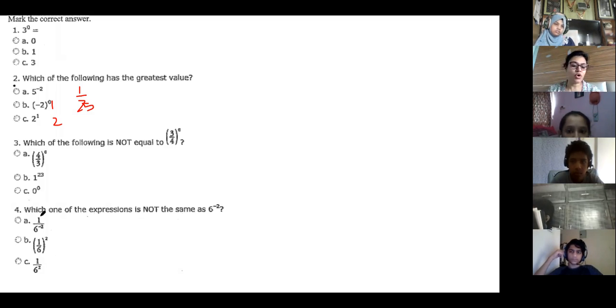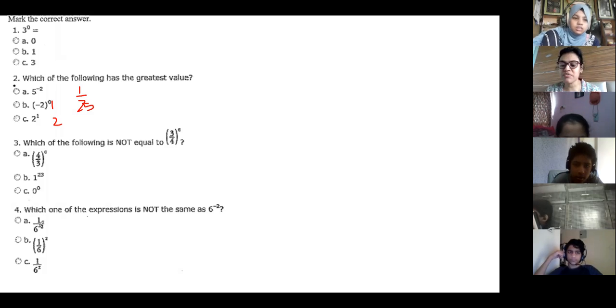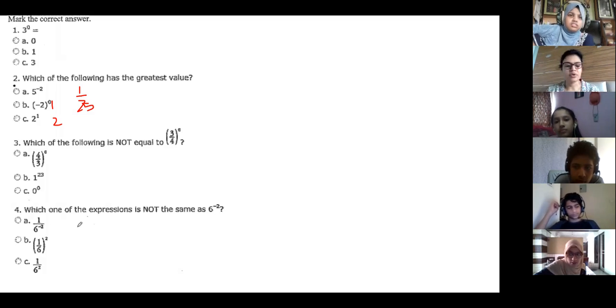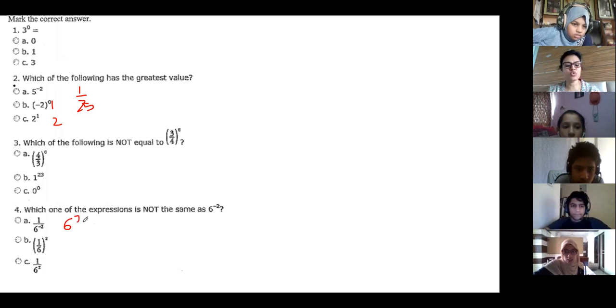No. I keep on telling you, don't multiply the base and exponent. 36. Okay, that is a blunder. We just have to make the power positive. And what is the method to make it positive? You have to take the reciprocal of the base. So what is the reciprocal of 1 by 6? 1 by 1 by 6, so that is 6 only. Not 36. The reciprocal of 1 by 6 is 6. So your answer will be 6 square, which is not equal to 6 raised to minus 2.